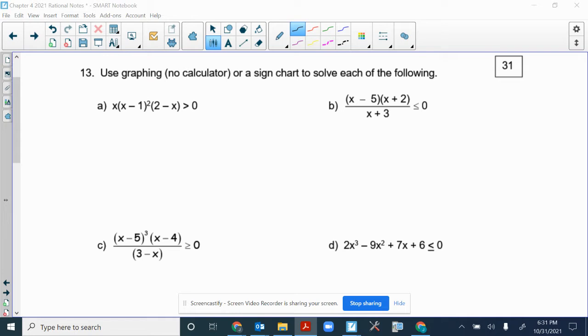Here we go. All right, so the first one, we have our polynomial. It wants us to use graphing or a sign chart to solve each of the following. I'm going to do the sign chart, and then I'll put the graph over it. The nice thing with the first one is it is factored for us already. So we have x minus 1 squared, 2 minus x. If you solve each of those separately,